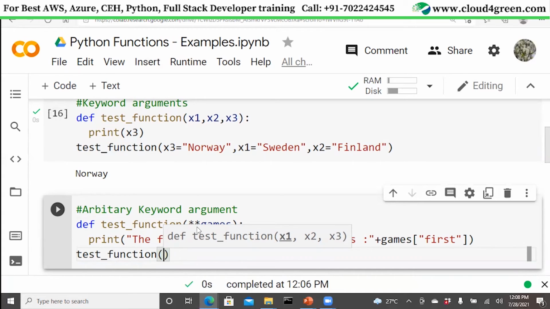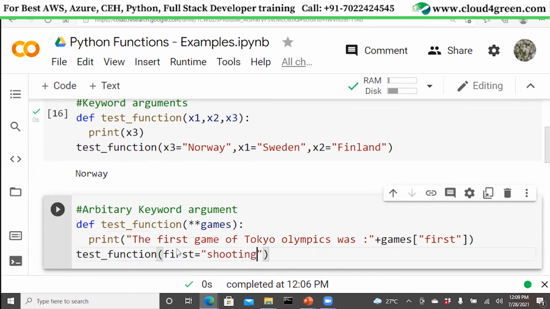But here I put a star star, so I can pass any number of key equal to value pairs. So say for example I'm going to say first equal to shooting, and last equal to, let's say, athletics. I'm not sure whether this is the order which is followed, but all I'm interested in is showing how this arbitrary keyword argument works.